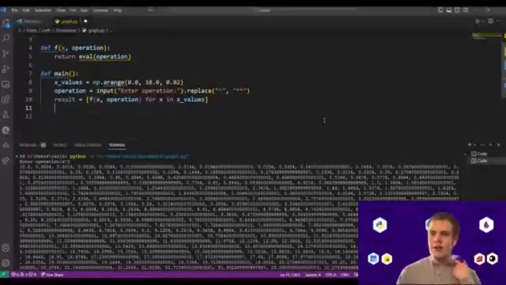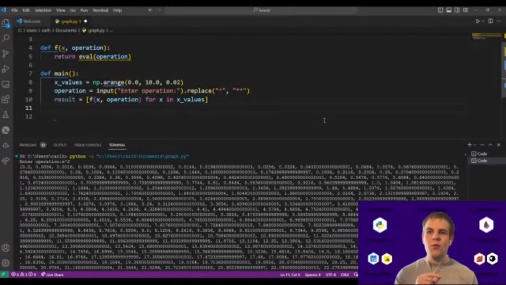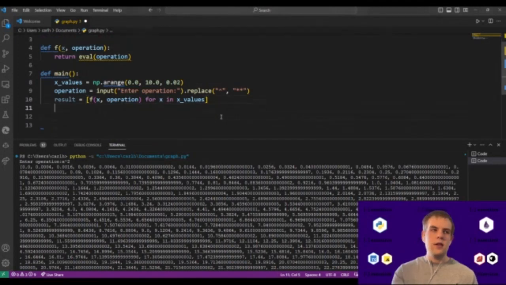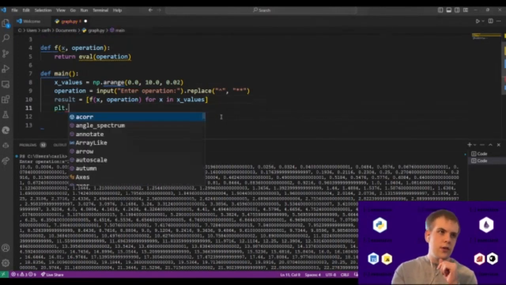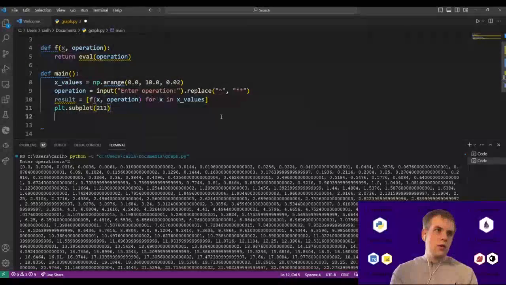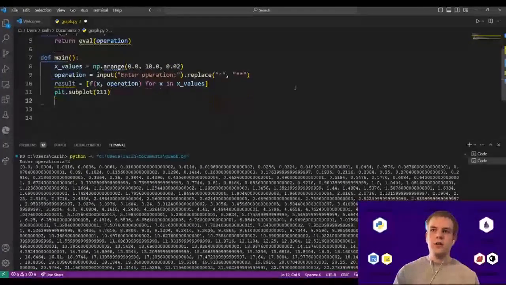And it may not be as advanced as GeoGebra, which I just showed you, but it can do a lot of stuff. So let's start off with creating a plot. So we do plt.subplots. Okay, so now we have created a plot,